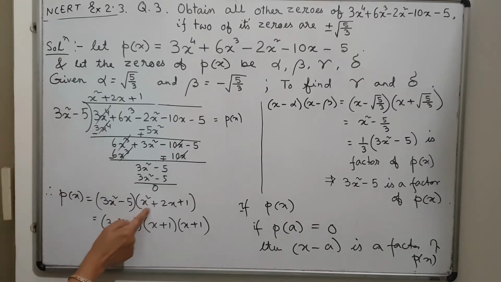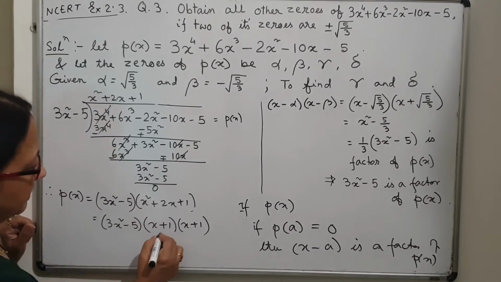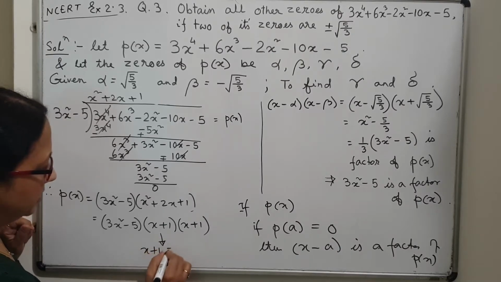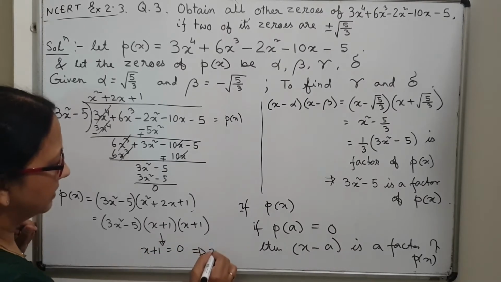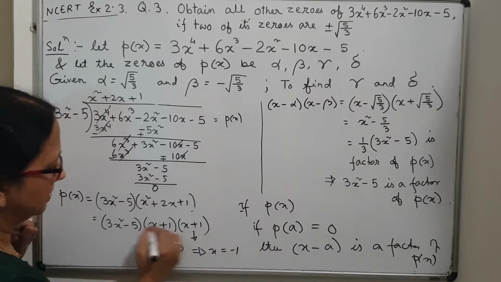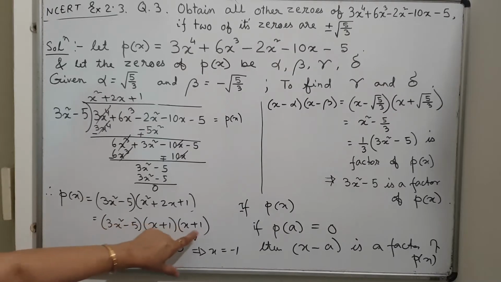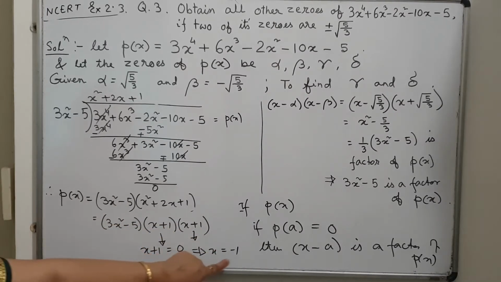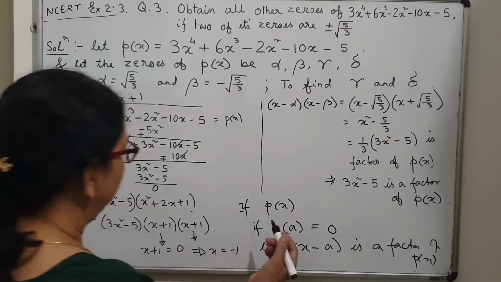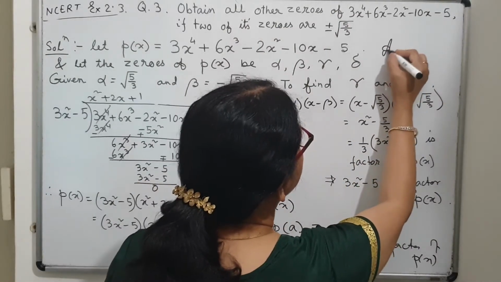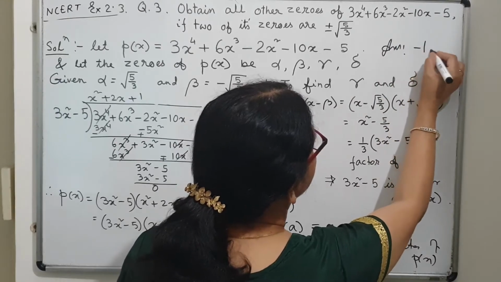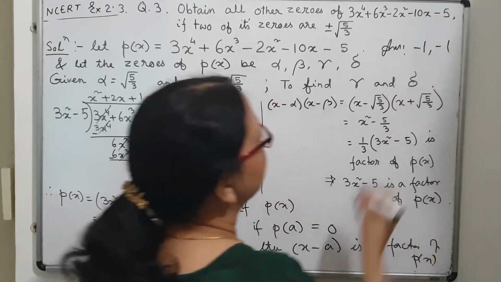Now, the quotient is factorized into two linear factors. So from each factor, now I will be getting the zeros. So when x plus 1 is 0, that implies x is equal to minus 1. Both are the same, similar factors, so I will be getting similar values for the zeros. In this factor, alpha and beta are there, and in these two factors, gamma and delta. So in this case, the other zeros are equal. So therefore in the answer I can write that gamma and delta, in the answer you write the other zeros are both minus 1. Gamma is also minus 1, delta is also minus 1.